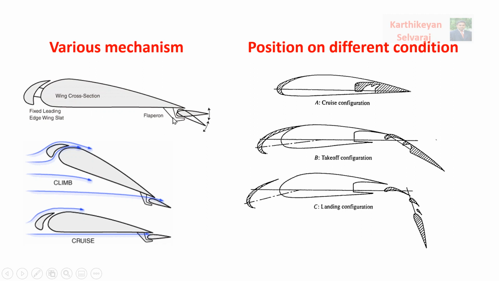Okay, and sometimes we don't have a separate flap and aileron as separate surfaces. The flap and aileron will be a single surface. That type of arrangement is called a flapron. So that performs the function of both aileron as well as flaps. You can see these are two main conditions, especially climbing and cruise. Climbing means you are increasing your altitude, and cruise means you are moving at a constant speed. So for the different conditions, how the movement of the aerofoil helps to achieve the particular performance is what the picture says.